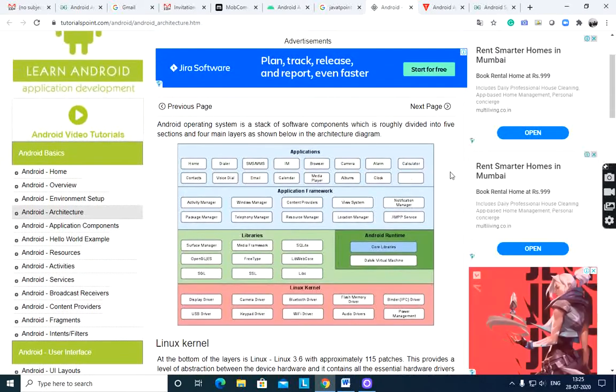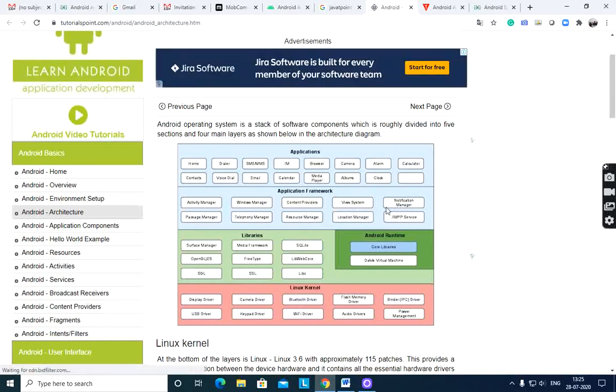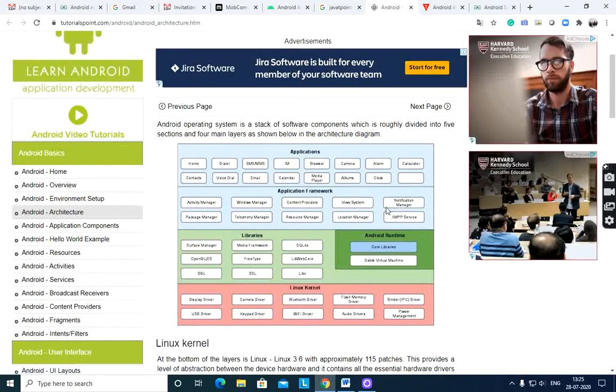Generally, it provides the services with the help of which we can create a particular class and make that class helpful for the application creation. It includes different types of services, that is activity manager, notification manager, view system, package manager, etc., which are helpful for the development of our application according to the prerequisite.